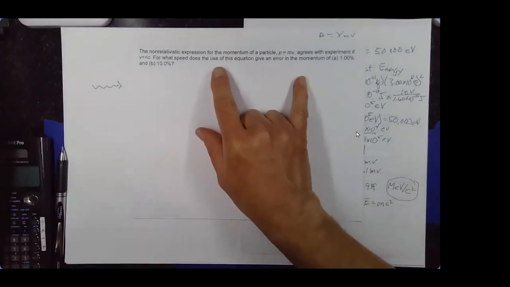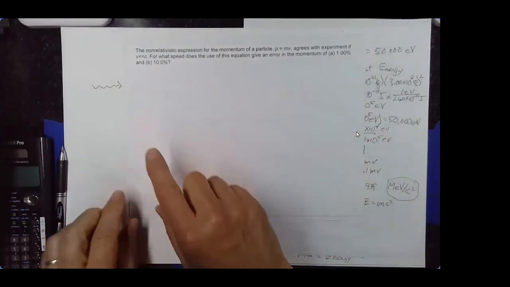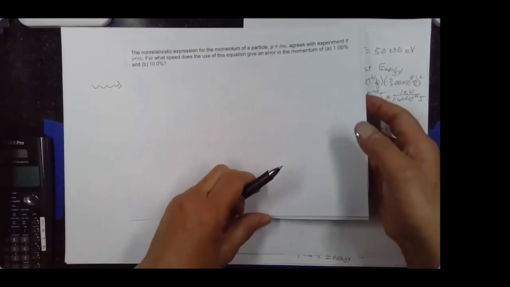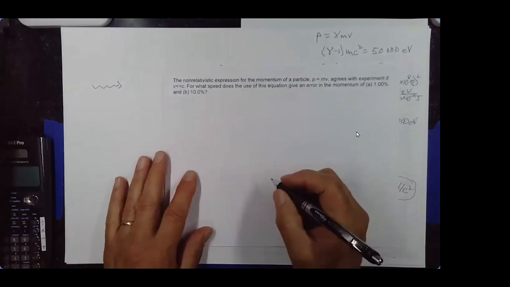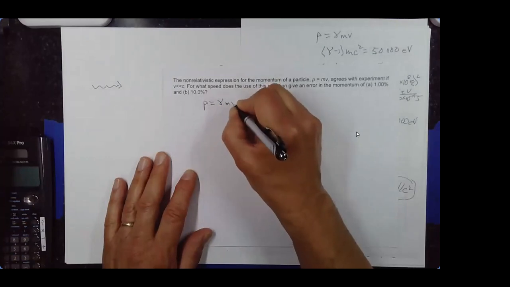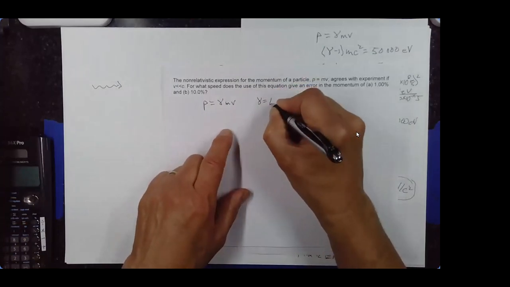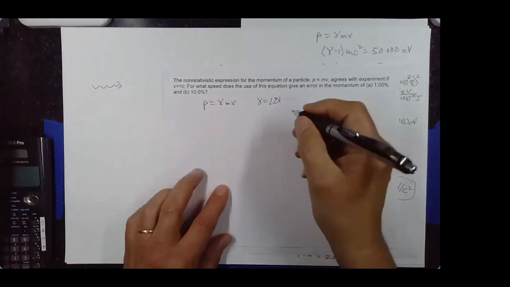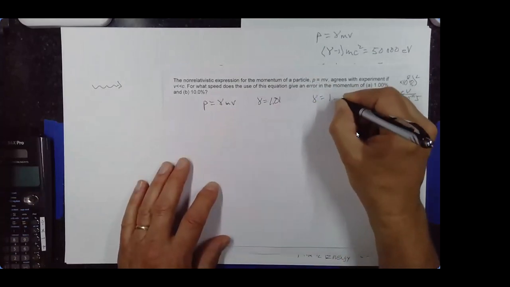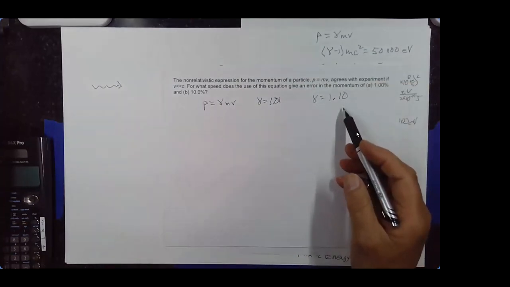And we can see when things are going to differ between the classical and relativistic expressions. When will they disagree by 1%, and when will they disagree by 10%? Since the relativistic expression is gamma mv, we're really asking, when does gamma equal 1.01, and when does gamma equal 1.10? We just did an example where it disagreed by 10%, but we never bothered to figure out what